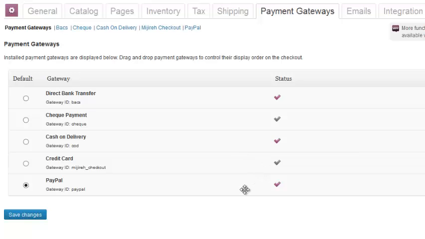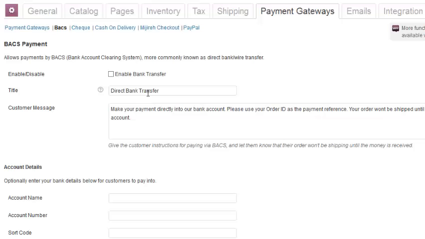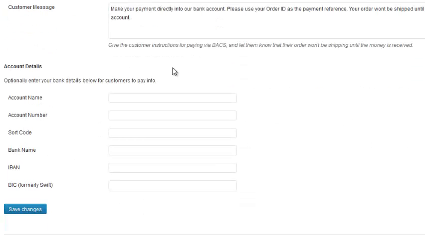But there's PayPal. And so PayPal is probably the one that you are going to use out of the box. So the first thing I'm going to do is disable a couple of things I know I'm not going to use, direct bank transfer and cash on delivery. So again, here at the top, here are my options. And so this direct bank transfer I'm going to turn off and go to this tab right here and just uncheck that box and click on Save Changes.